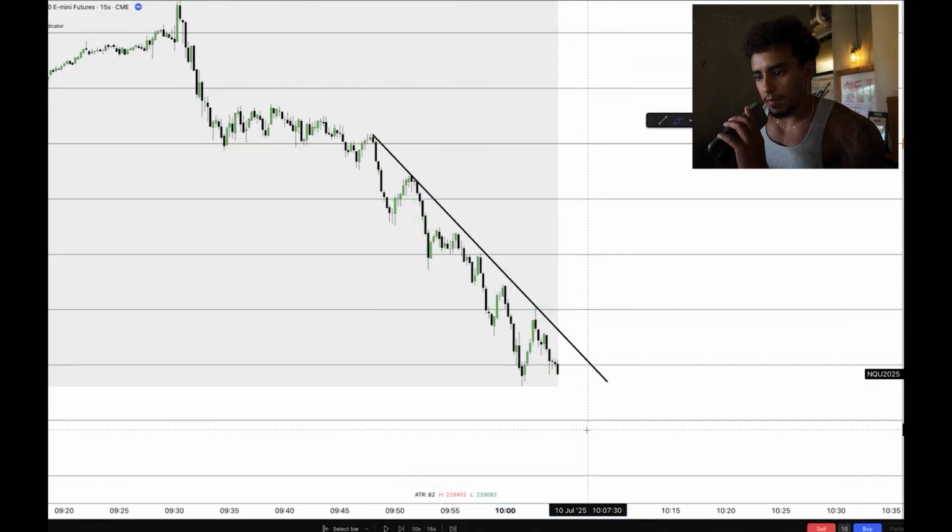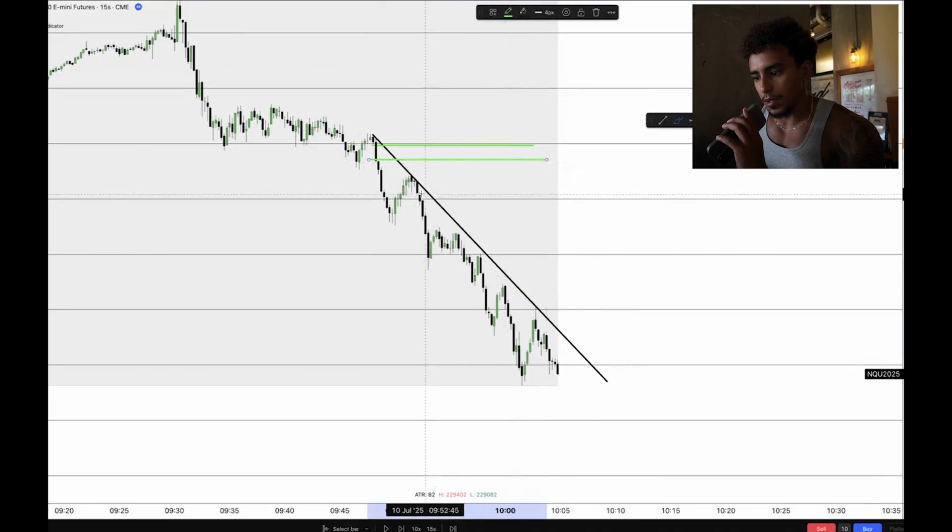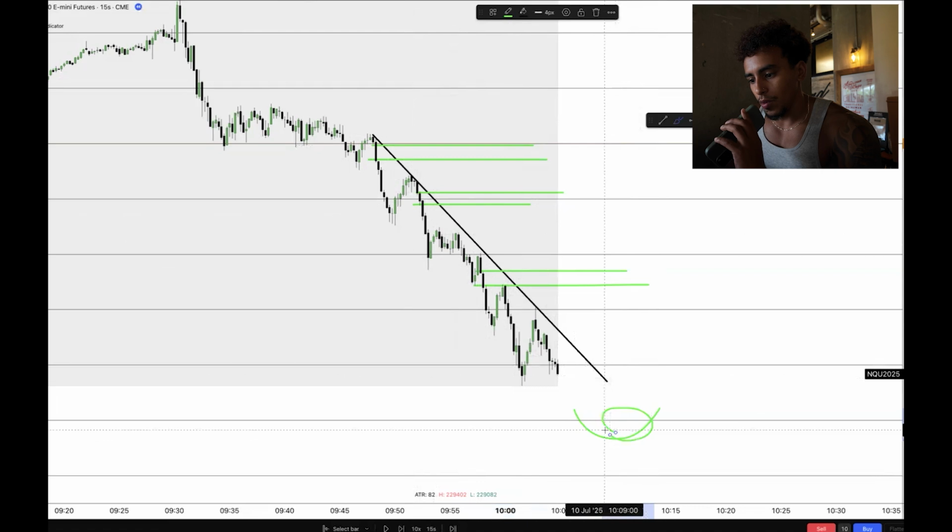And we said these imbalances, this imbalance, never been touched before. This imbalance, never been touched before. This imbalance, never been touched before. So we have 3 levels to claim if we do take the buy side down at this area. So this is why our trade went from losing 300 here, 300 here to now making over $5,000